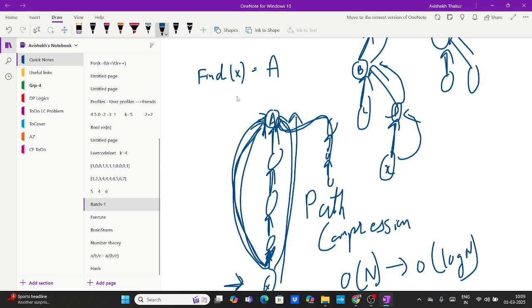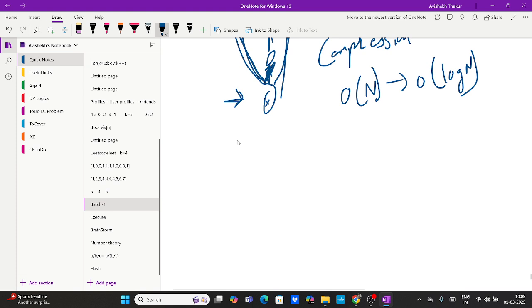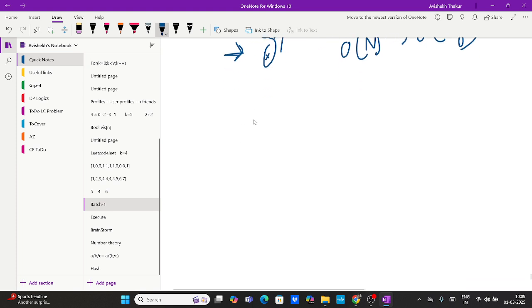Find, right. Compression comes in merge, correct? So whenever you use these two techniques at the same time, the time complexity becomes